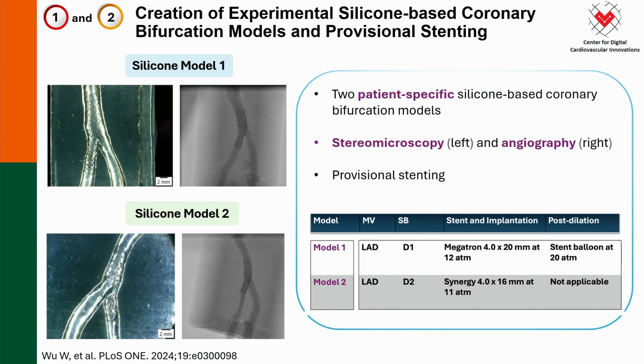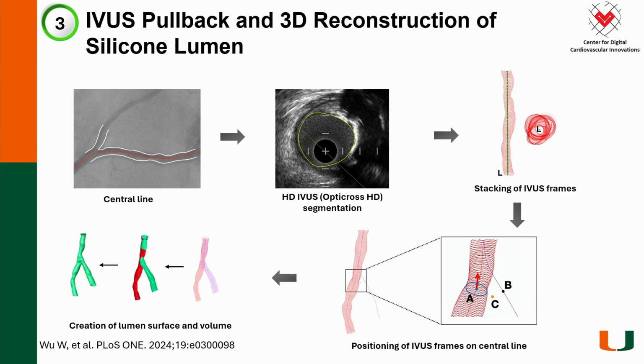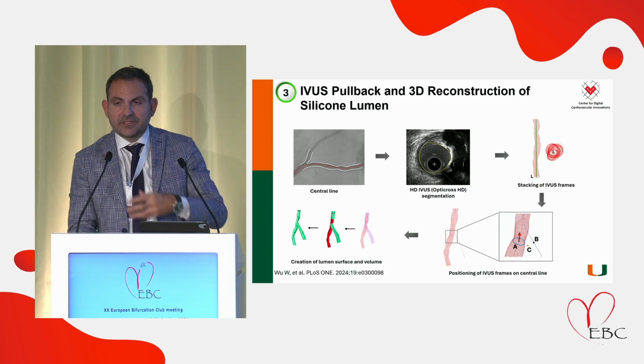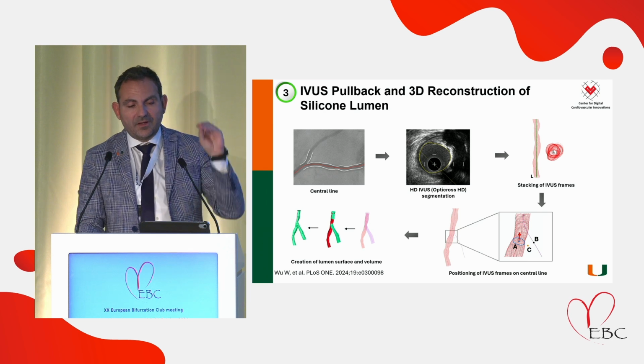You see here on the left the stereo microscopy. After the stent, it's LAD diagonal models, patient-specific. The first is stented with a Megatron stent, the other with a Synergy stent. And then on the right, you see here the angiogram, provisional crossover technique. Then we do IVUS, high-definition IVUS. As you can see here, we do segmentation of the IVUS frames. We stack them all together in 3D, and then we create the digital twin of the stented